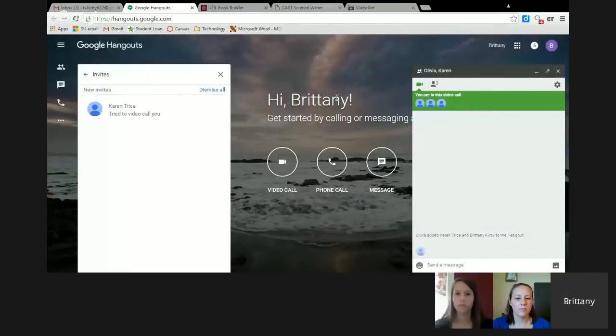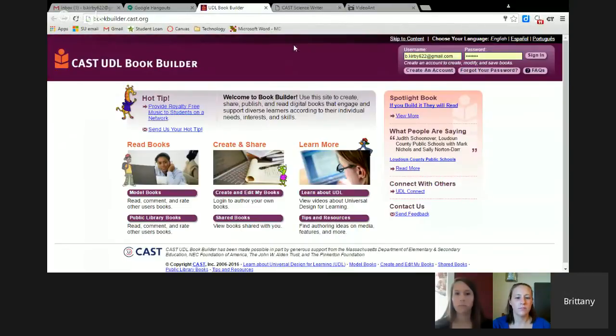Okay. So my first one we'll go over is the UDL Book Builder. And just as its title tells you, the Book Builder allows teachers to build books that appeal to many learners. It uses this UDL style they mention. This system uses the universal design in everything they do. There are many modifications that you'll see as we go through this today that are going to be very useful